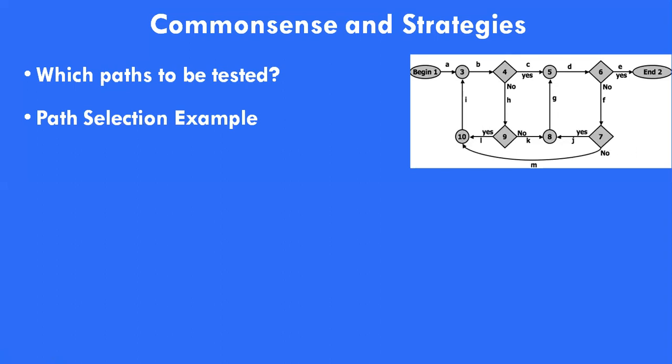For the next path, we have to take another copy of the graph. The path can be from A, we can come to B. From B, we can go to H. From H, we can go to K. From K, we can go to G. From G, we can go to D. From D, we can go to E. So we have to highlight A, B, H, K, G, D, and E. This is our second path.